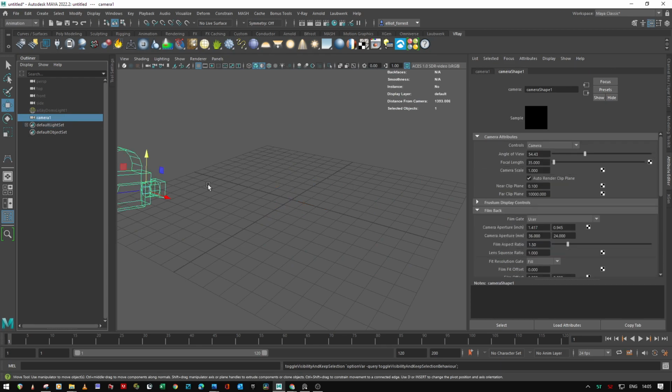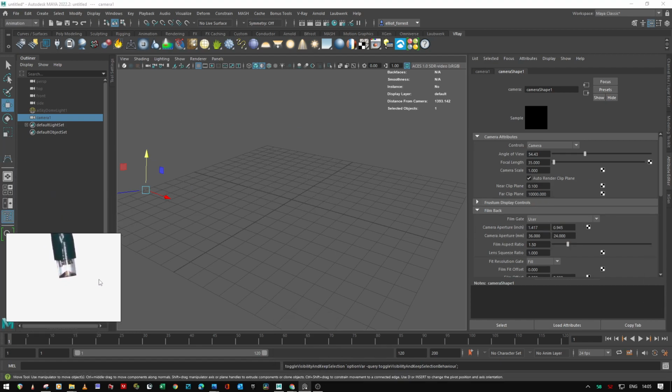I've also got a camera just so that we can change some depth of field settings when we get into the render a little bit more. But for now, we need to just create a really basic model for our fairy light, and